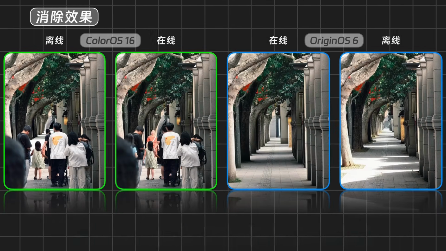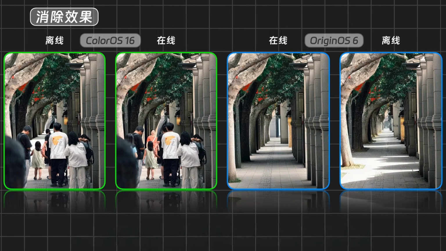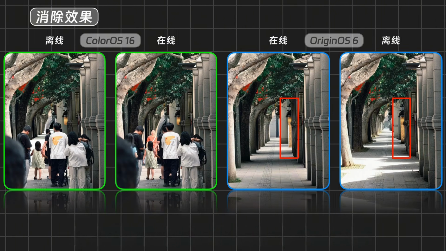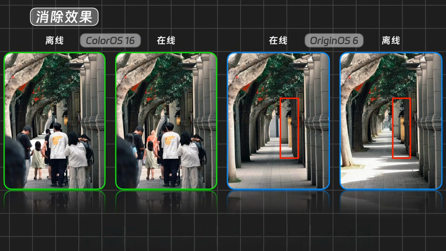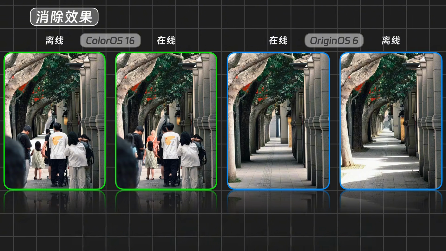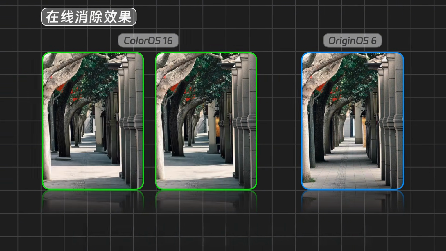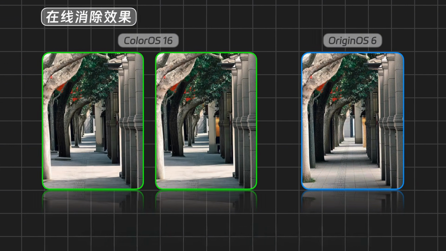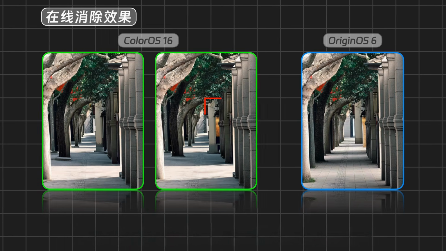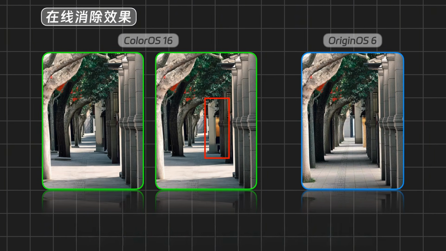After connecting to the internet, I tried again. ColorOS still kept many people, and OriginOS, like before, turned the lantern into a rotating barber pole. The performance was about the same as with the offline large model. I also tried manually circling all the people in ColorOS to erase them. This produced 2 results. Either it turned the lantern into a rotating barber pole, like OriginOS, or it removed the